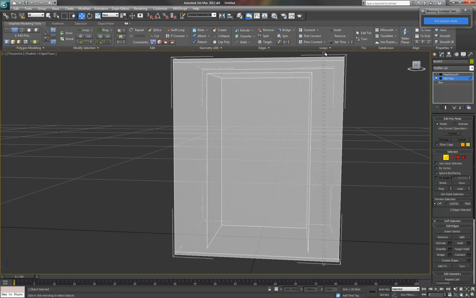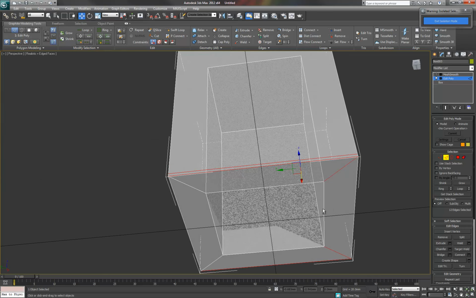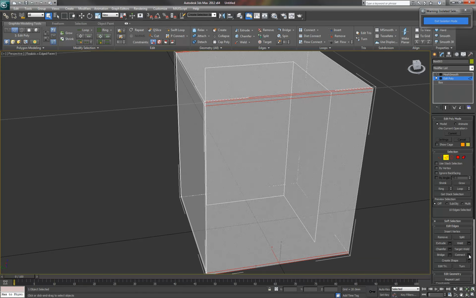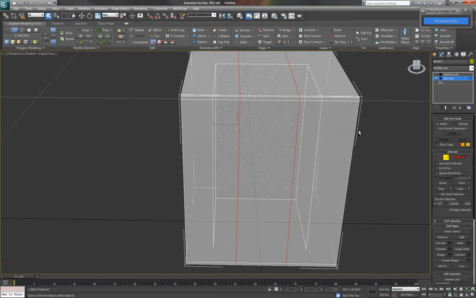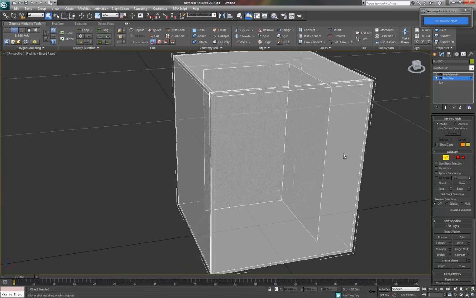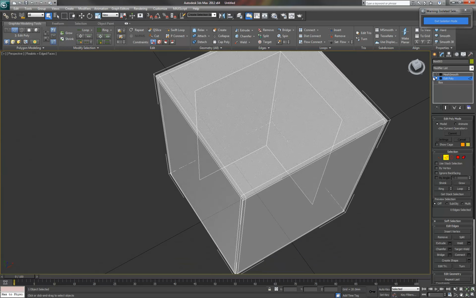Take that off. Connect to, in fact, just make it even quicker. Just automatically do this instead. Let's just slide it out. As you can see, now when I turn on the mesh smooth,